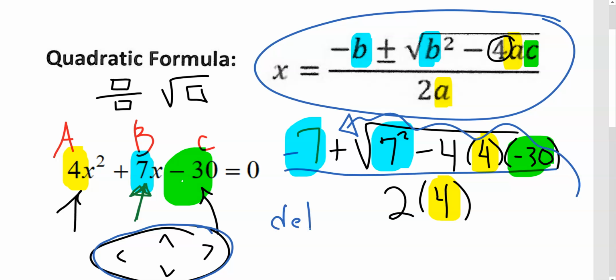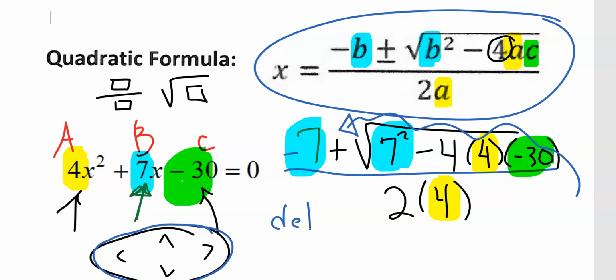You have a delete key on your calculator, and I'll delete the plus and change it to a subtract. And then I'll hit enter again, and it'll give me my second answer, because you're going to get a negative 7 plus the square root of all of this stuff over here. Then I'm going to go back and change it, and I'm going to get negative b minus the square root of all this stuff over here. And that's going to give me my 2